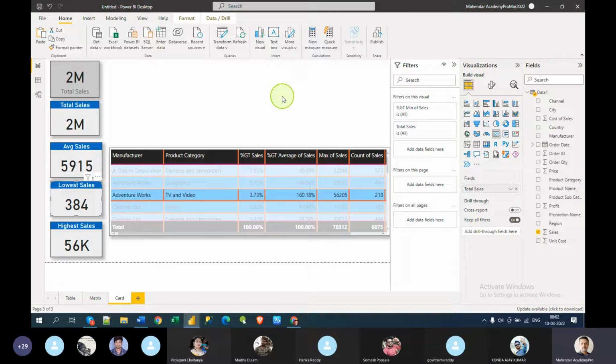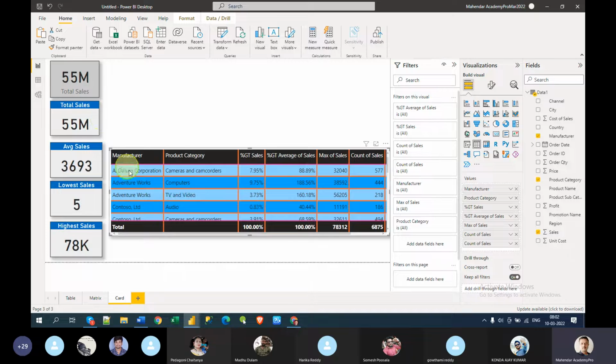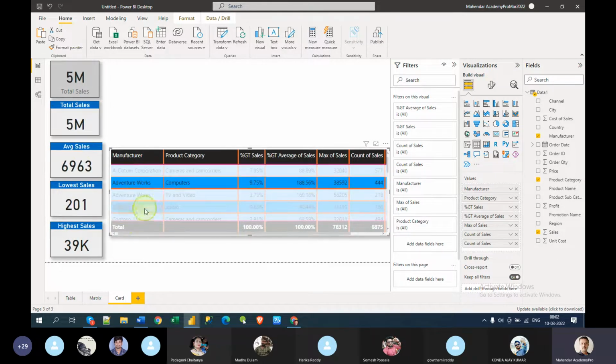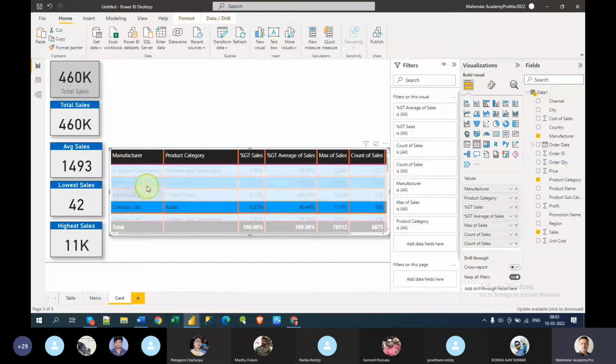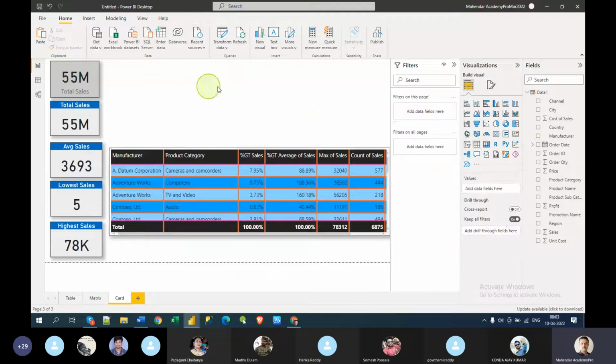But for now, in the cards we can also show percentage, but with implicit measures the percentages are not possible. We will create it with DAX. It's easy, you don't need to worry about it. Now you see the values are changing when I click this. So edit interactions. Not only that, you can put some filters, slicers and different visuals. This is a really good option to see.